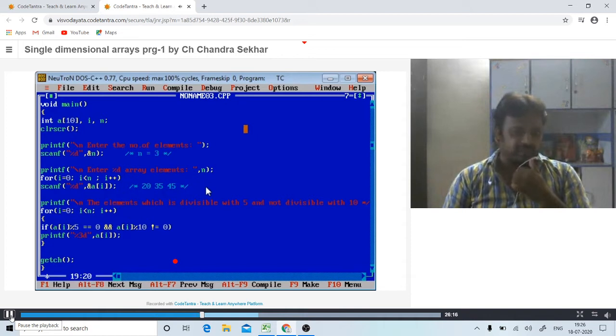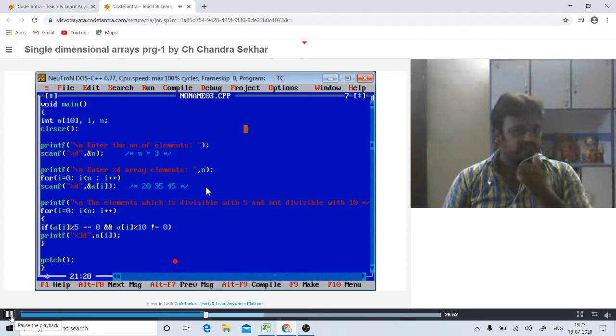Again it moves to i plus plus. The i value is incremented by 1, so 0 plus 1 is 1, and 1 less than 3, the condition is true. It moves to the if condition. At the first location we have 35. 35 mod 5 gives remainder 0, so the first condition is true. 35 mod 10: 10 threes are 30, remainder 5, so 5 not equal to 0 is also true.